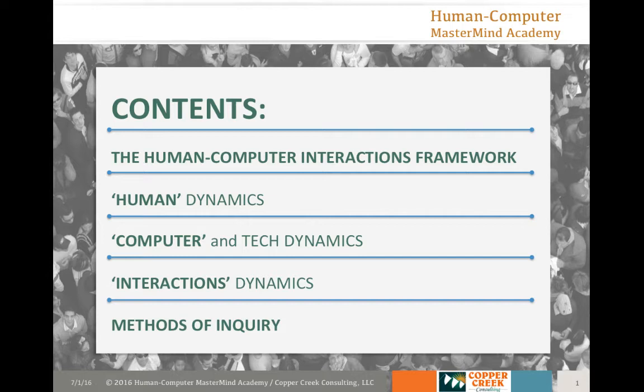And finally, there's a pretty rich collection of research and methods of inquiry that will help you uncover all of this, because of course the big challenge is that how humans interact with your online systems is all hidden. And a key message and a key part of this workshop and all that we do with the Academy is to help you make all of this visible.